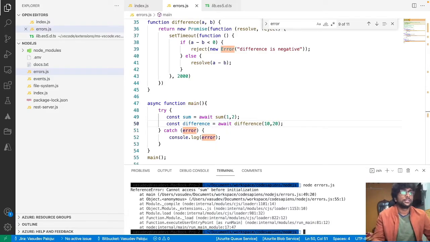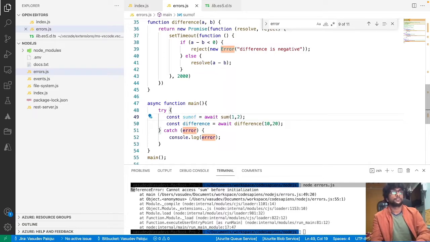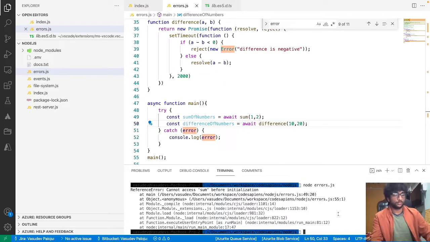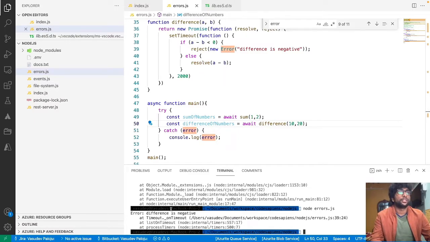If you see here, first the reference error: cannot access sum before initialization. So here there is a problem. Sum of numbers, we'll add this, and difference of numbers. So now when I execute this code, difference is negative, sum was successful, but difference is negative. So whenever you write code in a try catch block, no matter at what line you are getting an error, that error will be caught by the